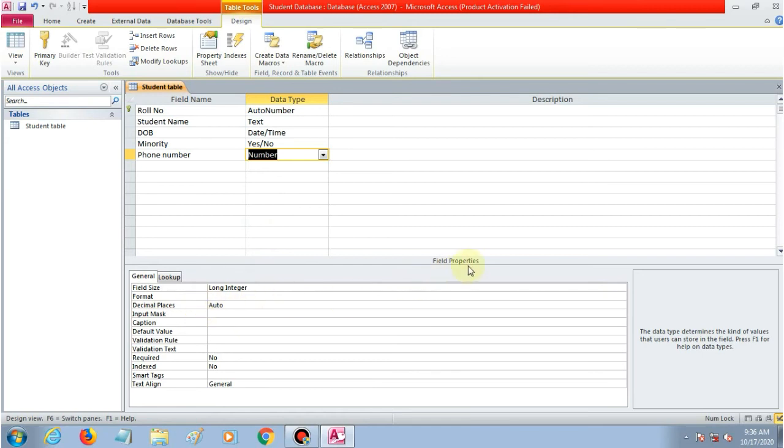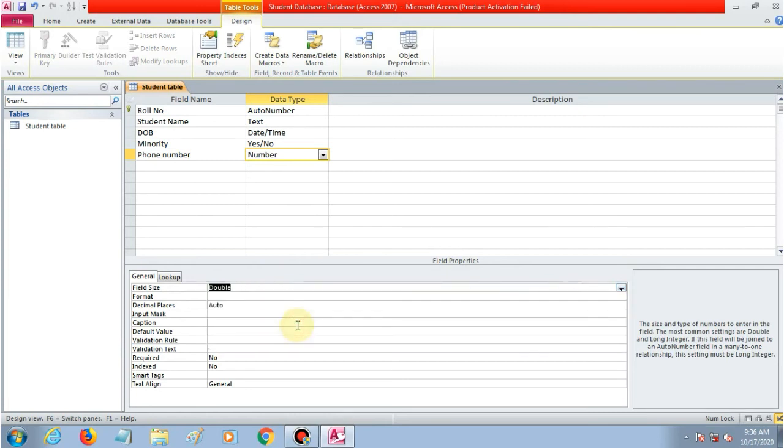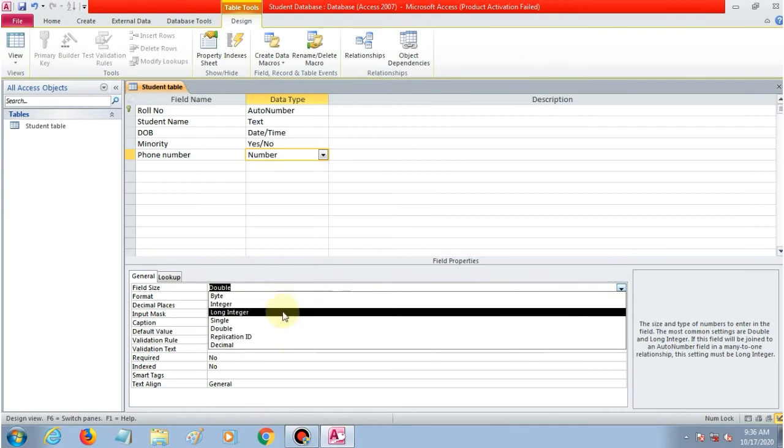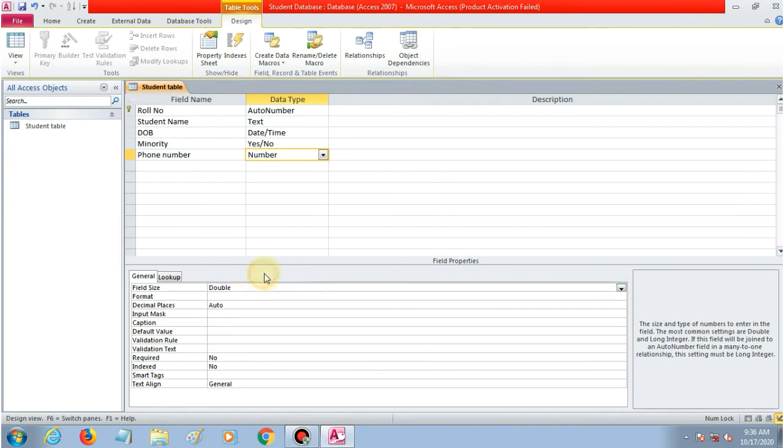In field properties you have to select double, because if you select any other property, it will not allow you to enter more than a 10-digit number. So the double property can be used to enter more than 10-digit numbers.